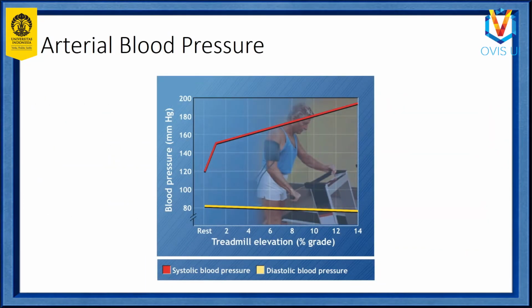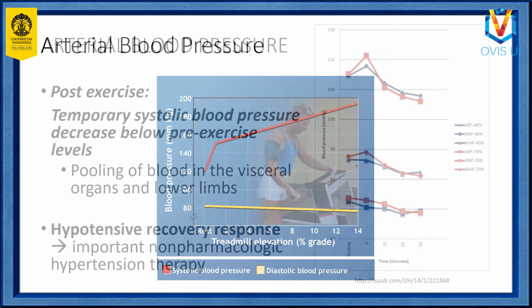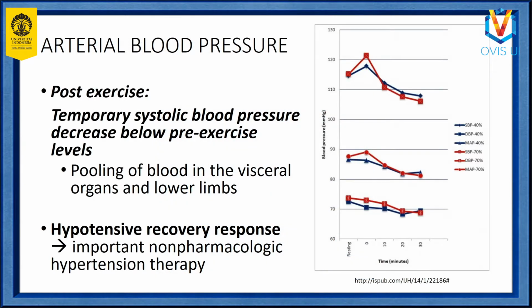During aerobic exercise, systolic blood pressure increases in accordance to workload. However, diastolic blood pressure remains steady or slightly reduced. The increase in systolic blood pressure is caused by an increment in cardiac output, while peripheral resistance is maintained fairly stable by local factors. After a bout of sustained light to moderate intensity exercise, systolic blood pressure temporarily decreases below